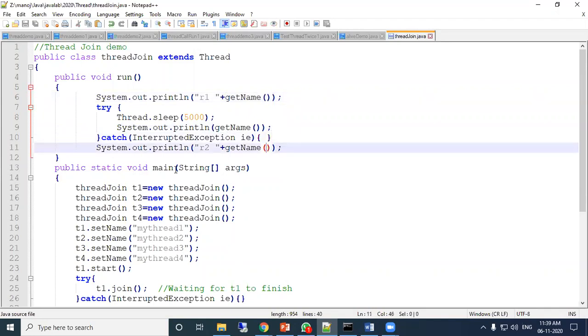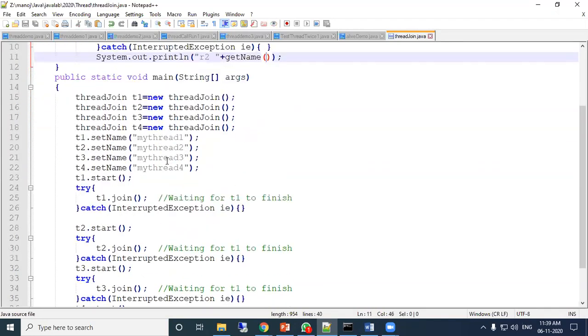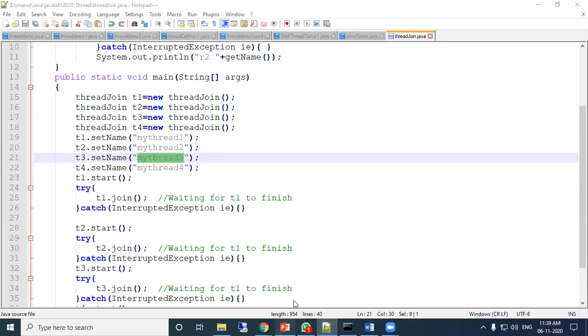In the main method, T1, T2, T3, T4, four objects, reference instances are created here. Then the set name method is used to set the names: my thread 1, my thread 2. What is the purpose of the set name method?